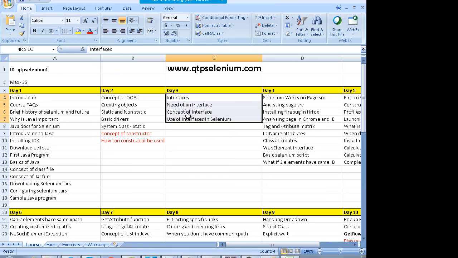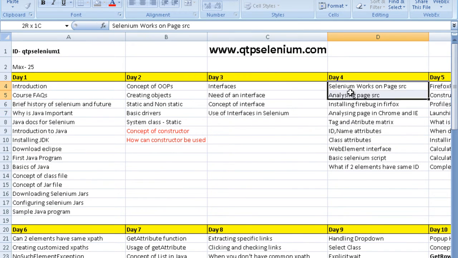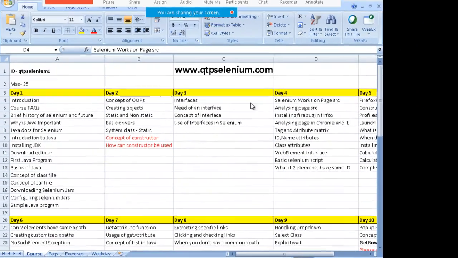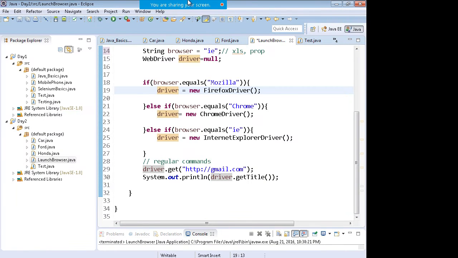So I've covered this interface. What is the need of interface? What is the concept and use in Selenium? Now, how do you identify the objects in Selenium? Right. How do you identify the objects? Look, what do you mean by objects? Look, first of all,